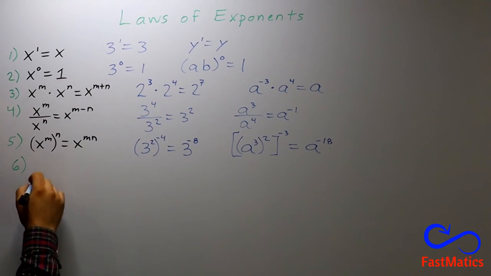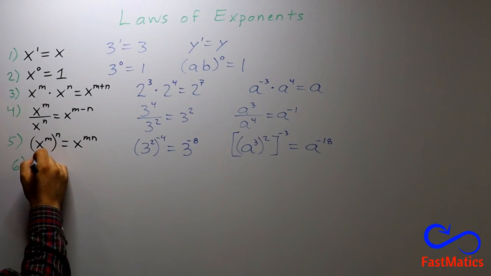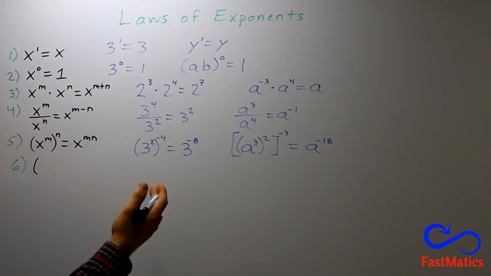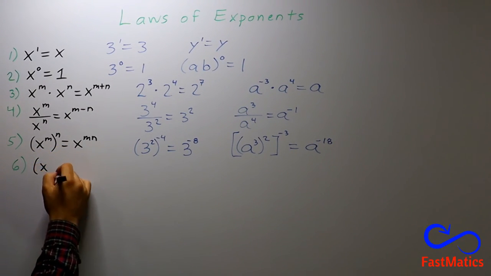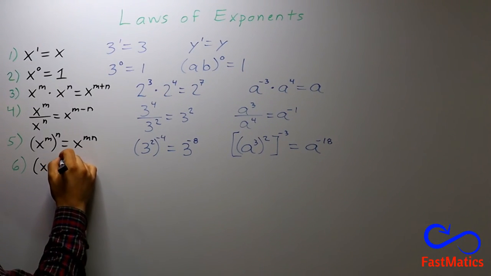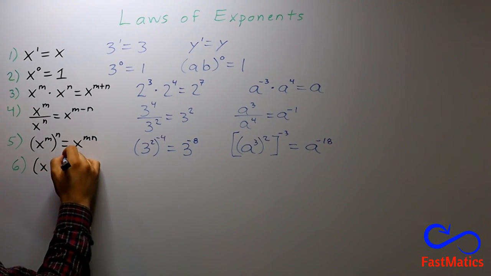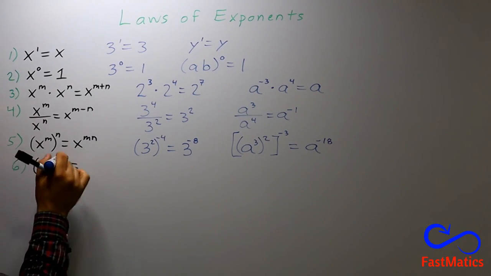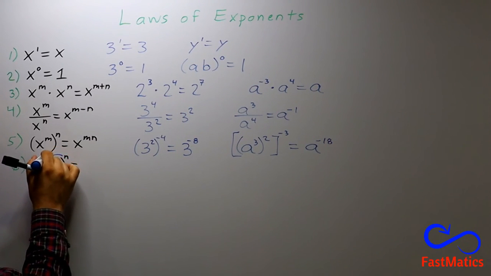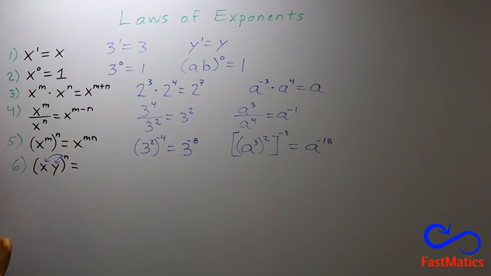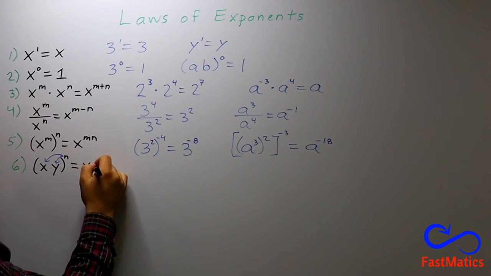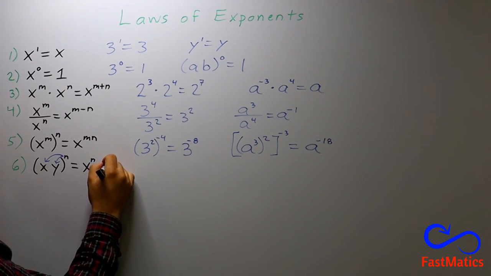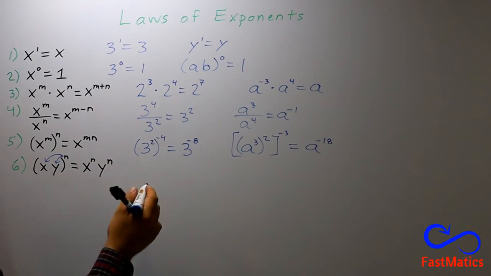The following law, when you have some factors, for instance, x times y raised to the power of n, this exponent will touch both, because you are using the distributive property. So you write x to the power of n times y to the power of n. For instance,